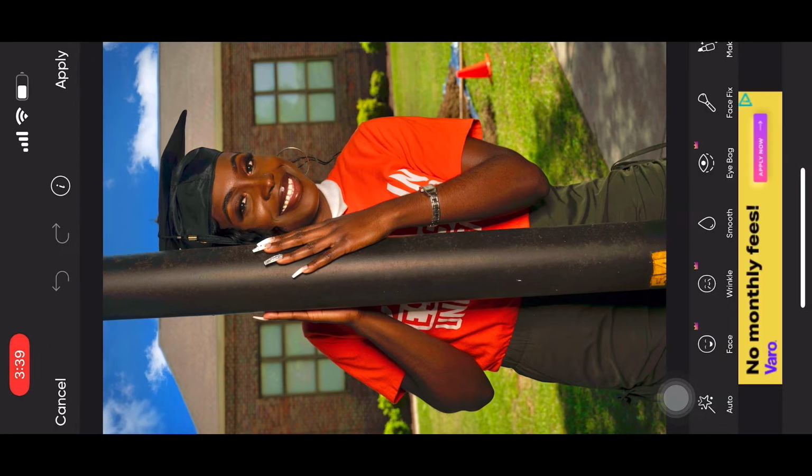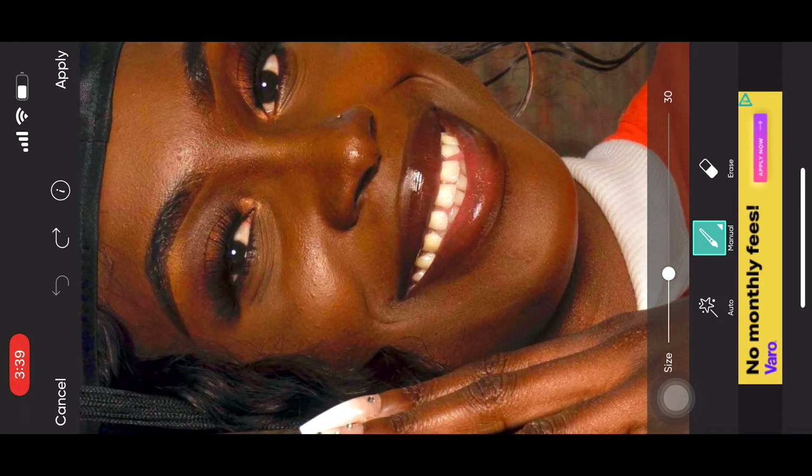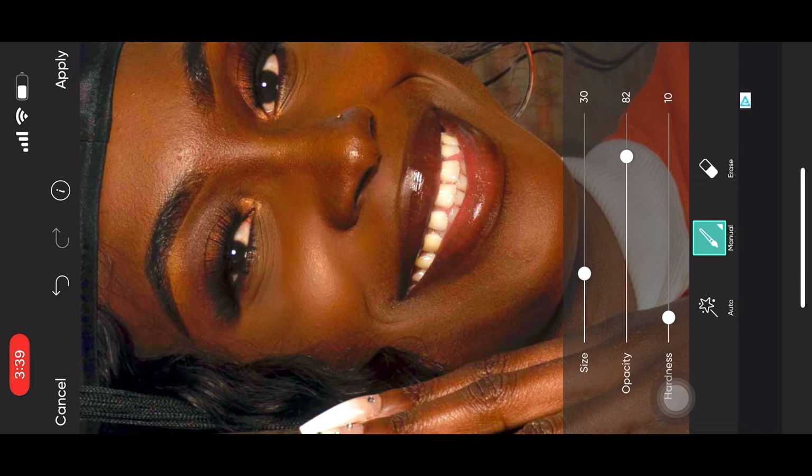And the first thing that I do when I go to Picsart is I go to retouch, and for this picture I'm gonna do smooth first. So when you do smooth, it's automatically going to give you an auto smooth. What you're gonna do is click that back arrow at the top middle there, and you're gonna add your own smooth manually. So I turn down the opacity of my smooth so that it's not as intense,